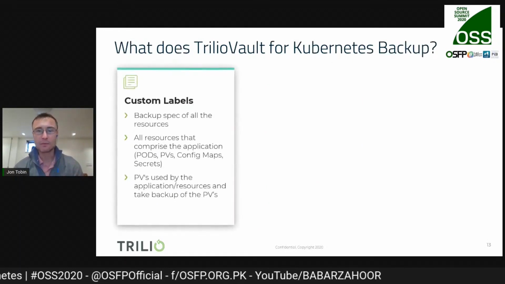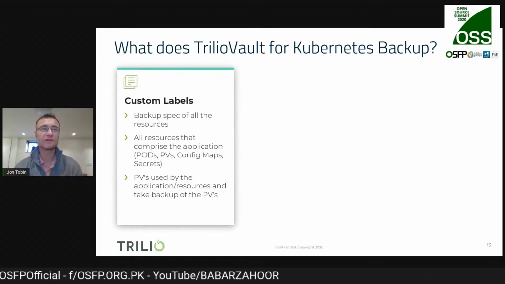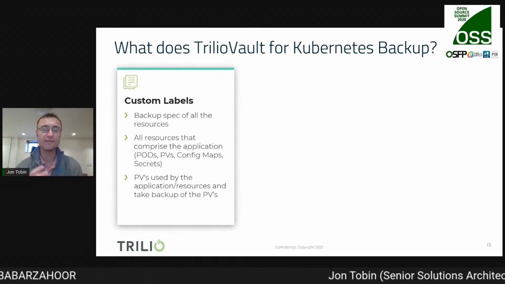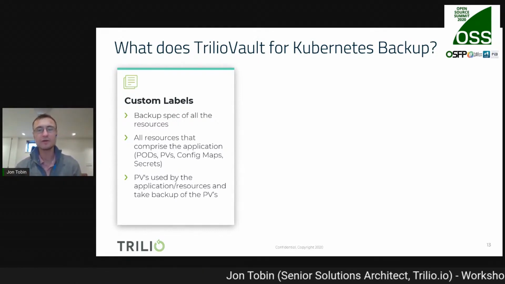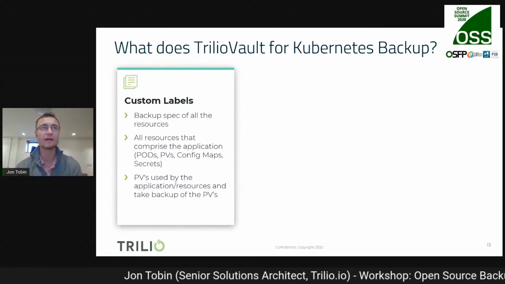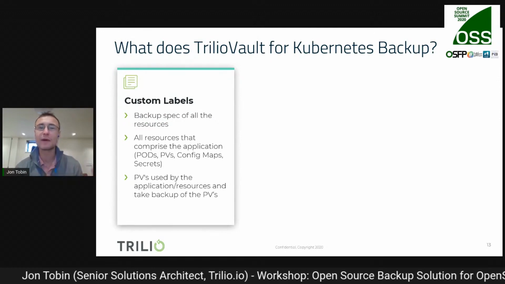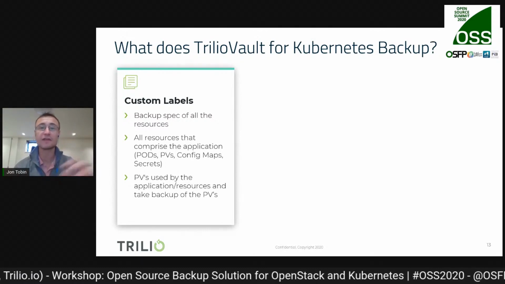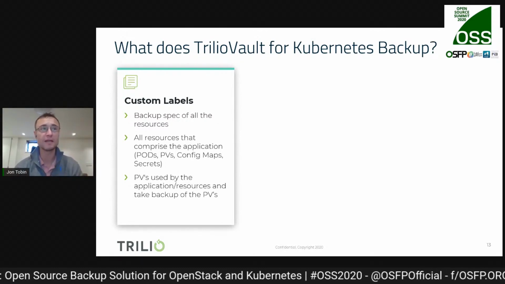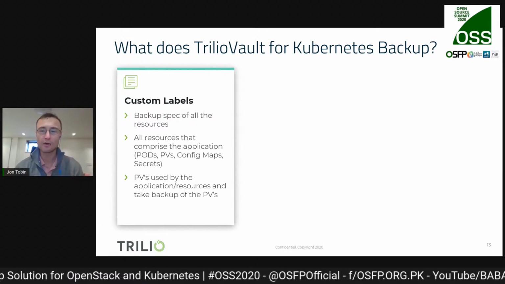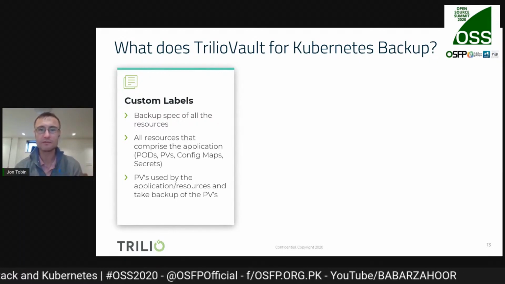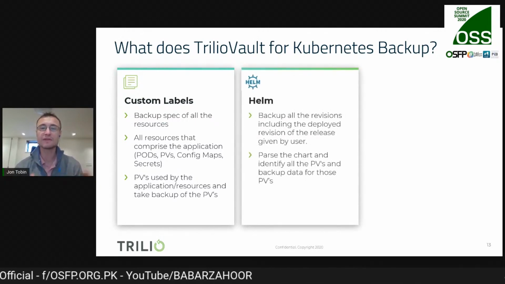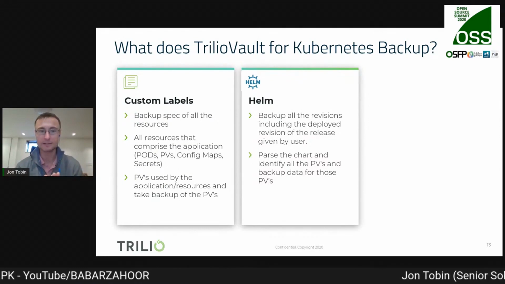And so what are we backing up when we're talking about Kubernetes? Well, I talked about defining those applications by custom labels. And Kubernetes, if you're not familiar with it, has very robust labeling capabilities. You can label anything with as many labels as you want. And we can parse for those labels and back up any objects where they match. So we can back up all that JSON metadata and then the QCOW2 from all of the PVs. So that's very powerful, but there are several different backup technologies that allow you to do that. What really differentiates us is being able to integrate with the way you're rolling out your applications,